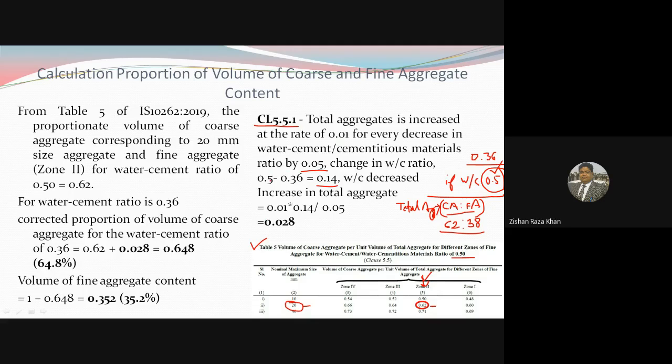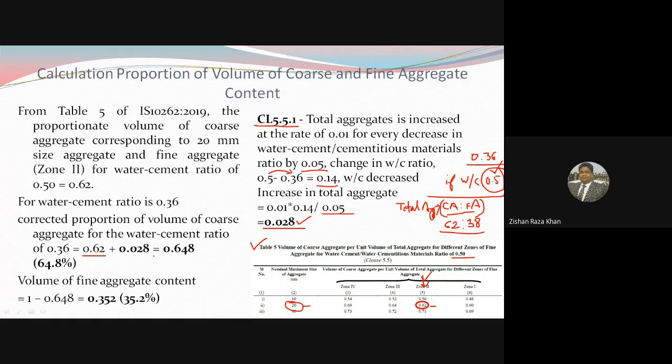0.14। 0.5 में से 0.36 माइनस कर दिया, 0.14, यानी 0.01 का 14 टाइम्स। ओके, अब हमें कितना वाटर सीमेंटेशन ये चेंज करना है? 0.05। तो क्या करेंगे हम? सिंपल, ये आपने 14 टाइम्स एंड डिवाइडेड बाय 0.05। सो कितना चेंज करना है? 0.028। तो टोटल जो एग्रीगेट होगा, कोर्स एग्रीगेट, वो इतना इंक्रीज हो जाएगा, 0.028।